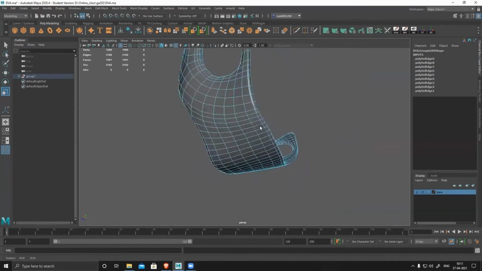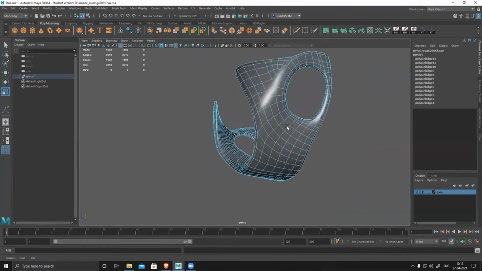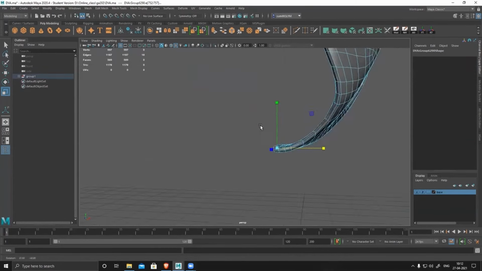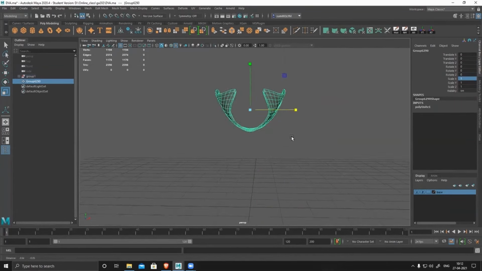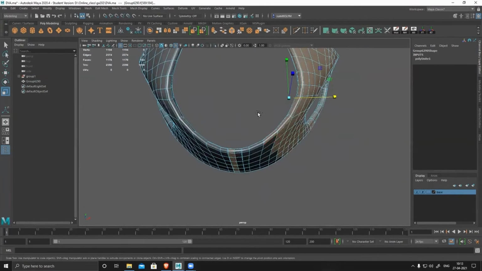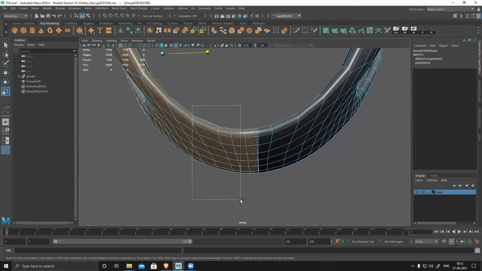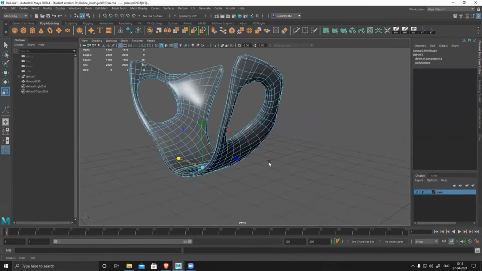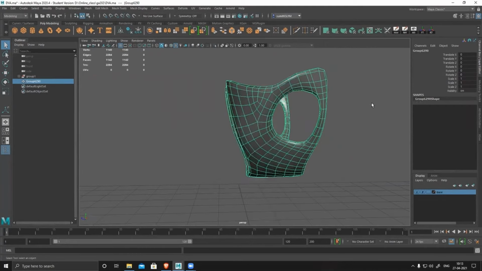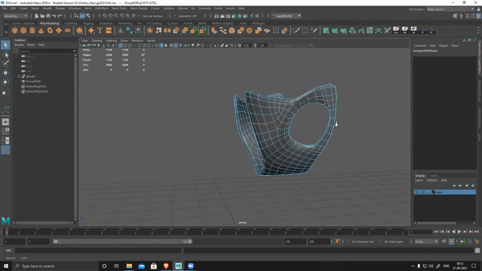Wherever I have applied a smoothing group here, it became really high poly, but you can see there are a lot of unwanted edges here, and by mistake I have duplicated one extra poly loop. So delete that, make sure it's super clean. Overlapping faces and double faces and all those things are not acceptable at all, so make sure to delete them.